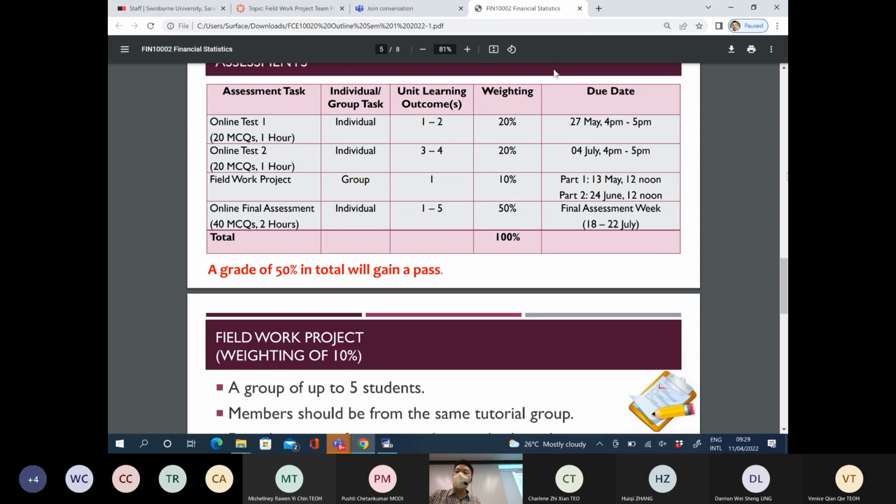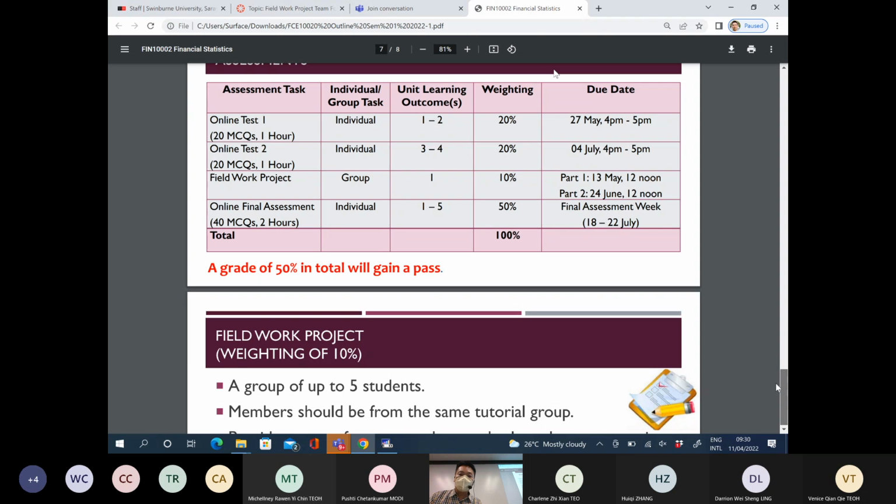There is no textbook for this subject. There is no main textbook. No need to buy any book, because we are going to use an online book. We will have an online book, a free online book,